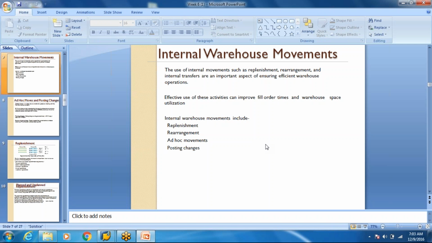Ad hoc and posting change we have been doing regularly. Ad hoc move, randomly move any parts to any bin or anywhere in the warehouse. We use that ad hoc move transaction, ad hoc move product or ad hoc move HUs. Okay. Posting changes, I think we have not used much, but